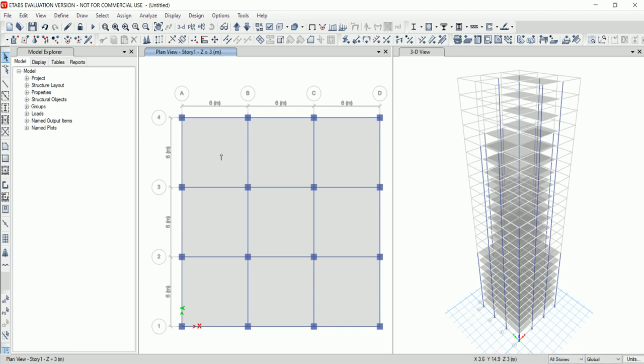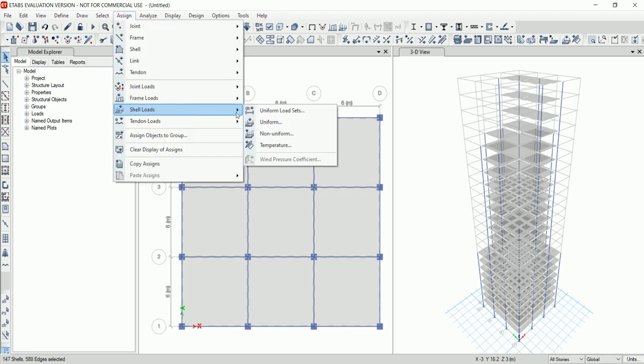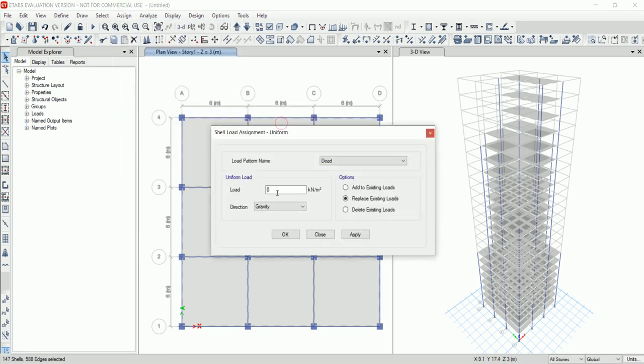Now select all the shells. Then go to Assign, select Shell Loads and click on Uniform and set the load to 2 kilonewton per meter square and click on apply. Then click on OK.